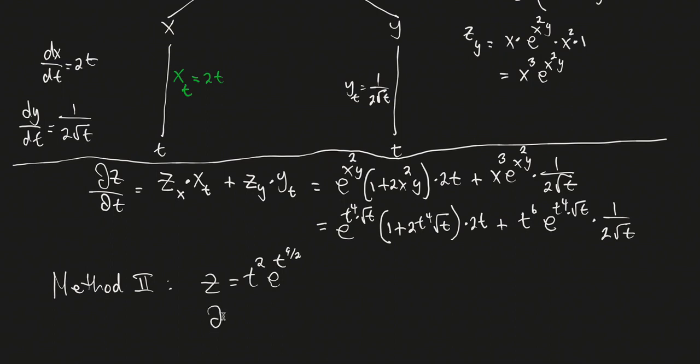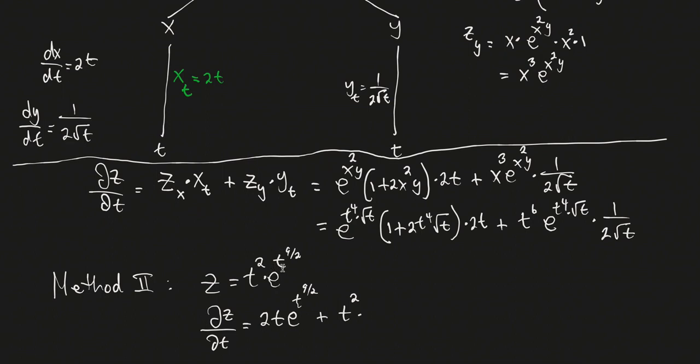So now you could use your regular dz dt. I'm just going to continue using the partial notation. So here I would need my product rule. So then I'll end up getting 2t times the e, which is that, and then plus, then I'll have my t squared times, and then I have to differentiate the